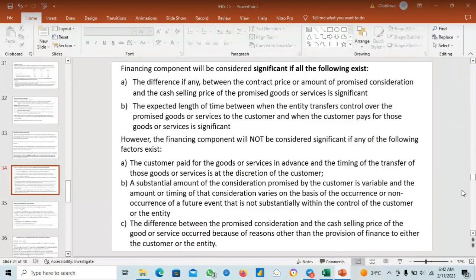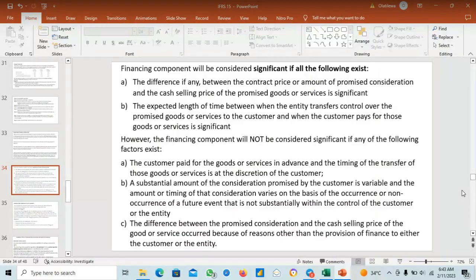Maybe circumstances. For instance, I want to buy a pair of shoes. You paid me. I want to make a pair of shoes for you. You are my customer at the company. You have paid me in advance, but the two of us agree that to buy the leather you need for this your shoe, they have not opened the border, or the leather is not in the market. That's the reason for the delay. It's not in your power to control the time. It's not in the customer's power to control the time. There's no need for